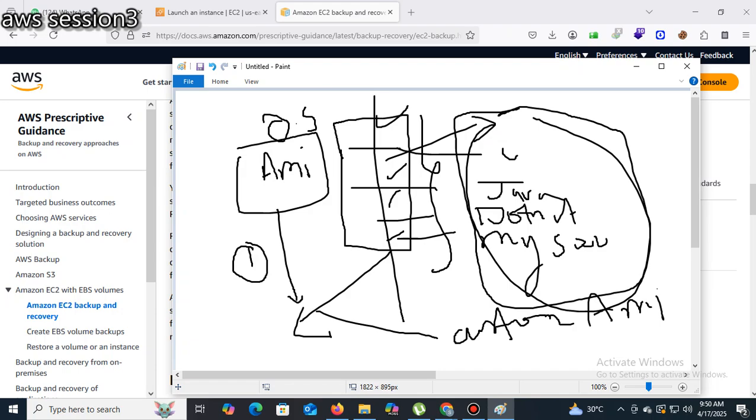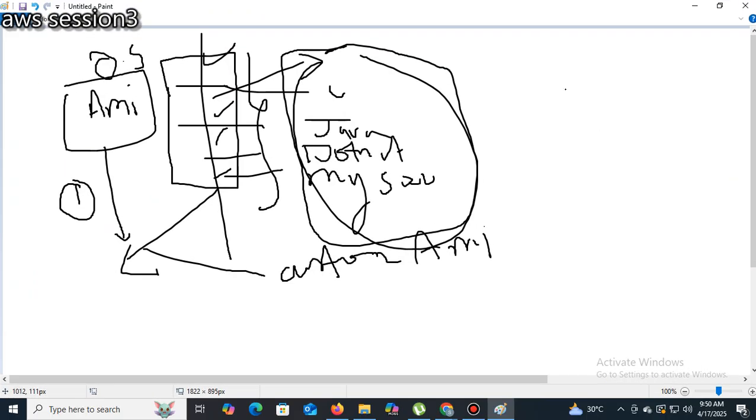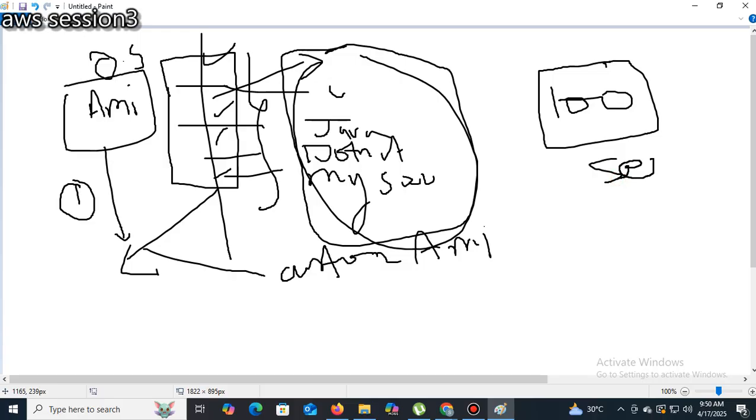So where are we going to use this? My developing team is asking for 100 servers. On these 100 servers, you need to install C, Java, .NET, MySQL, Oracle, all these things.